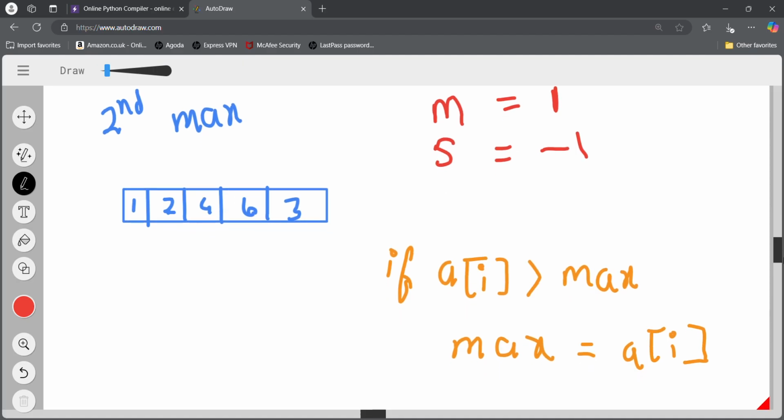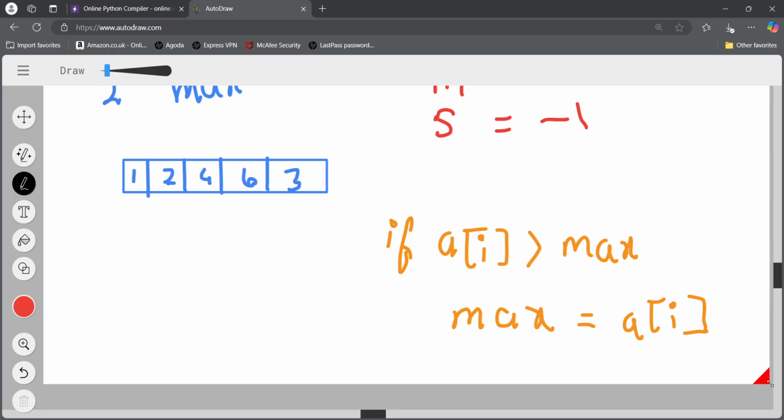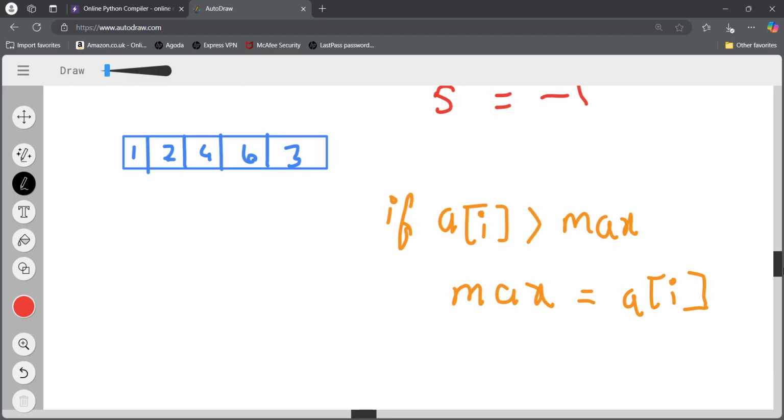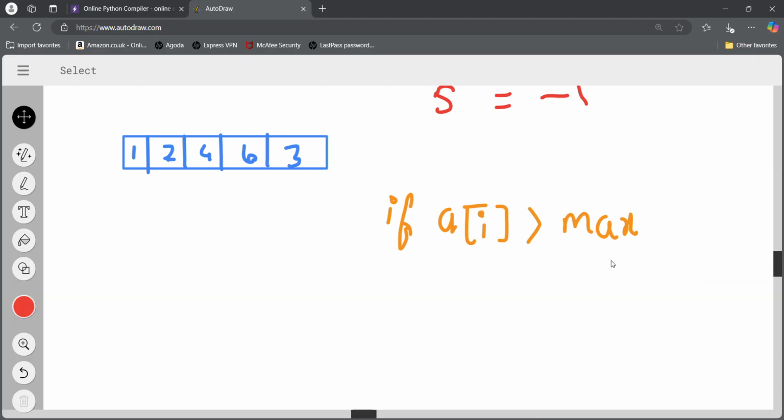And now what's the catch? I'm still going to check the same condition, that if a of i is greater than max, then it is going to be my max. But now we have two variables to play with, so this cannot be the only condition. If I have found any element that is greater than my max, then I have to store the max, because always remember